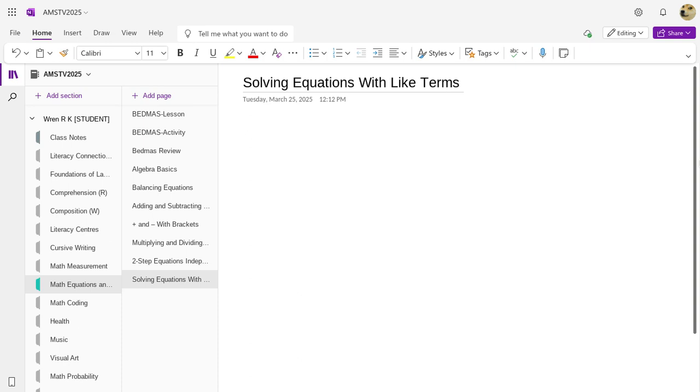And then lastly, for number 3, we have 5g plus 8 minus 3g equals 40. Do we have any like terms that we can combine? Yes. 5g and negative 3g. So we now have 2g plus 8 equals 40. So we simplified the left side of the equation by combining like terms, and now we can solve this two-step